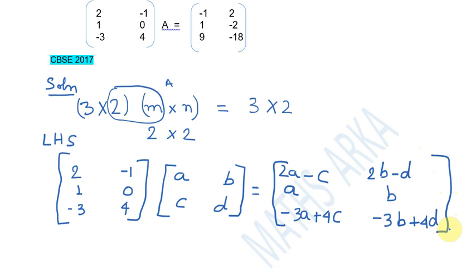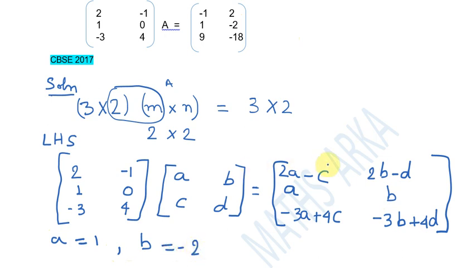If this is the same, then what do we get? If we look into the resultant matrix, first of all what we see is A and B are given, so A should be equal to 1, then only these two matrices can be equal, the resultant matrix over here and this matrix over here. So A is equal to 1 we get. Now the second thing over here, what is the value of B? Minus 2. B is equal to minus 2.